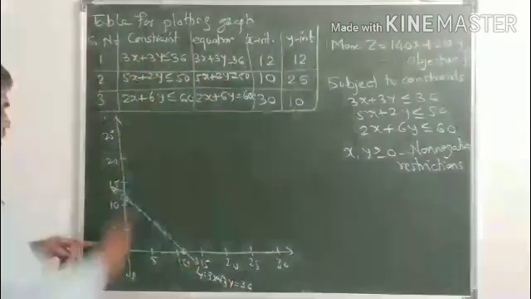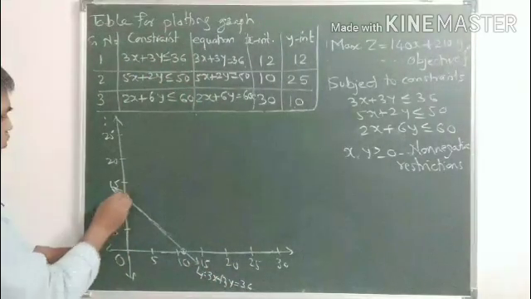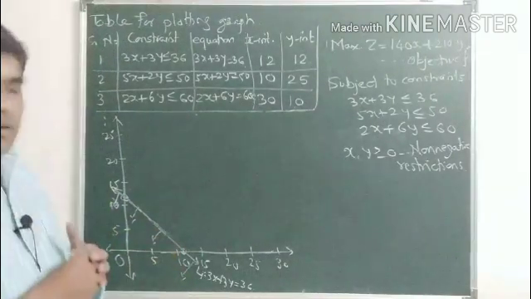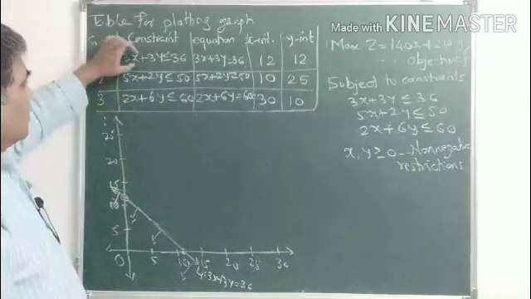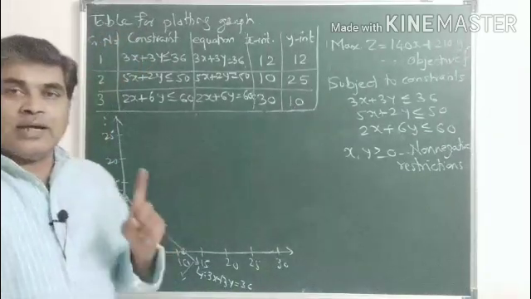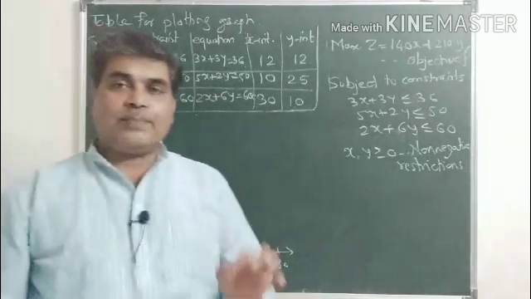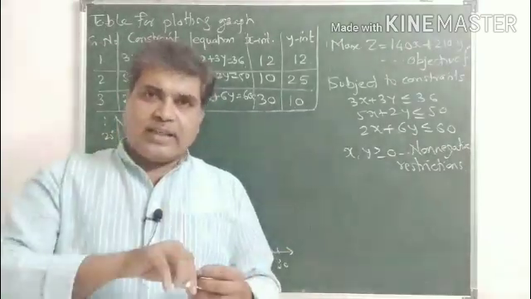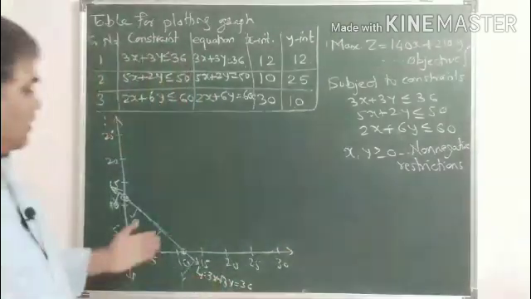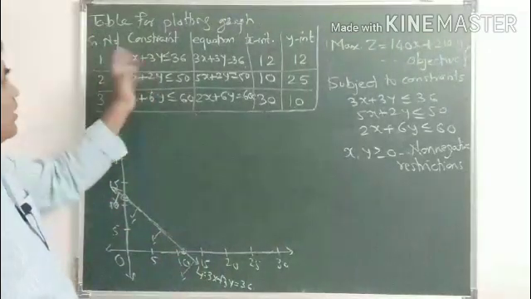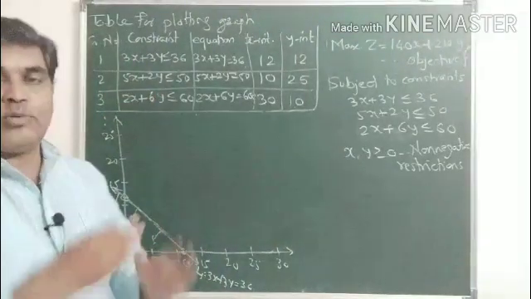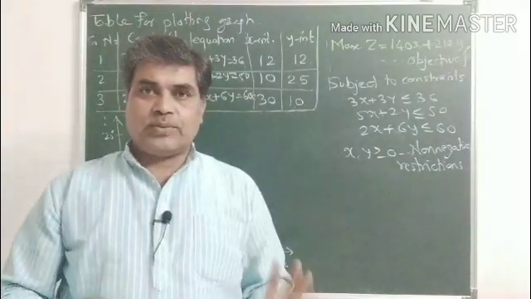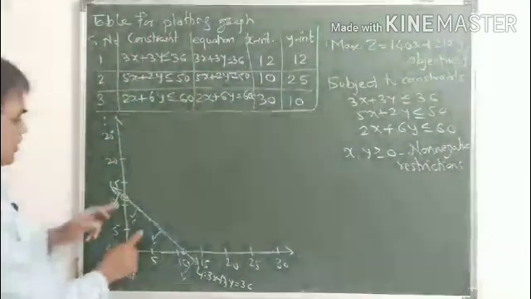So what is the solution region for this? As origin is satisfying this, the solution region for this inequality is this one on the origin side. So if the line doesn't pass through origin, then always check the region with the help of origin only. If origin lies on that line, then you have to check another point lying on the x-axis or y-axis to check whether that inequality is satisfied or not, and then decide which side you have to consider for that inequality. You have to use this very carefully.